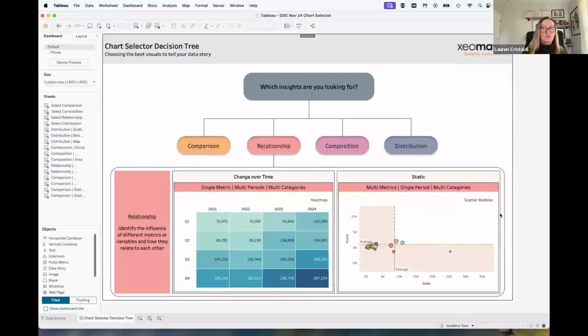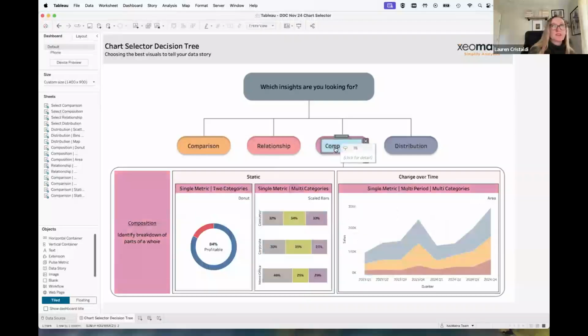Then for the other one, for scatter bubbles, I want to see the comparison of profit and sales in the same chart, so that I can determine which categories are performing the lowest or the highest, based on whether they have less than average profit or less than average sales, or above average profit or above average sales. So relating those two measures to each other.